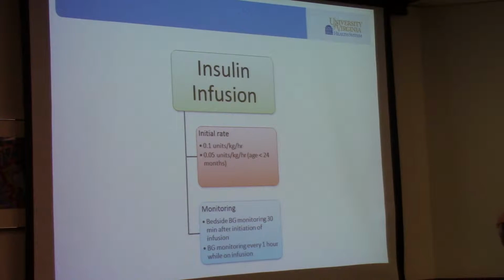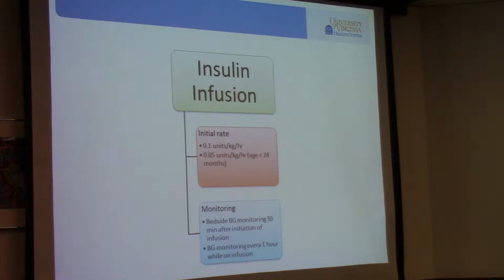So do we ever go up on the insulin or down in PEDS? Everything's different between adults and PEDS. So would you go up on the insulin or down? No. Same with adults. Never go up on it, never go down on it. I have been in the ED for 18 years.